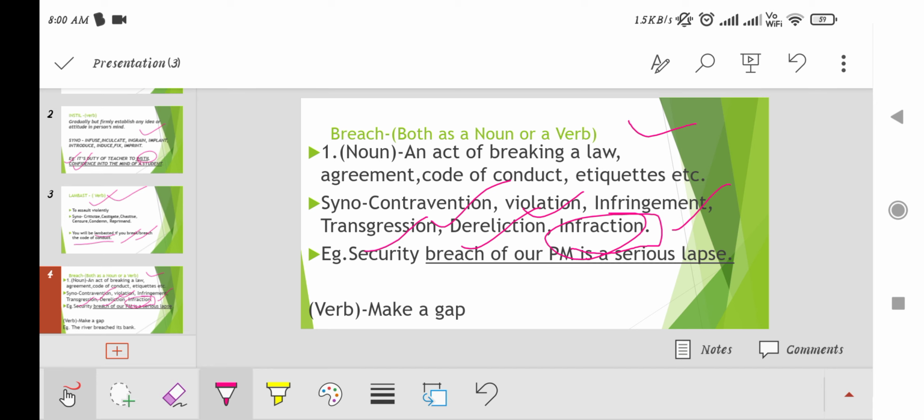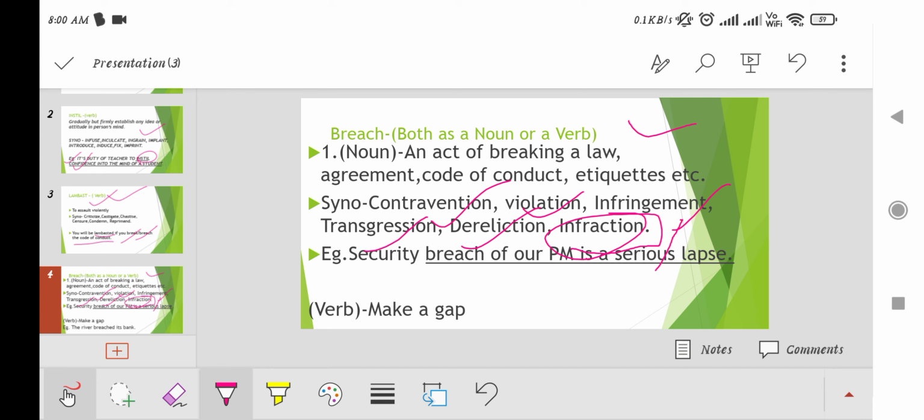Earlier I told you that using a word in a sentence is of utmost importance. If you know the words but you are unable to use them in a sentence, it will be futile, of no importance. Knowing words is good, but it would be better than the best if you know the use of that very word.